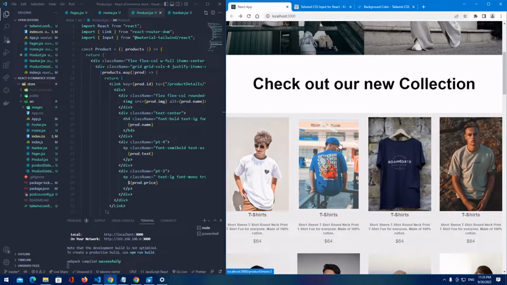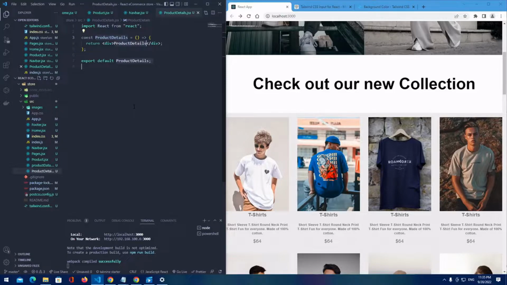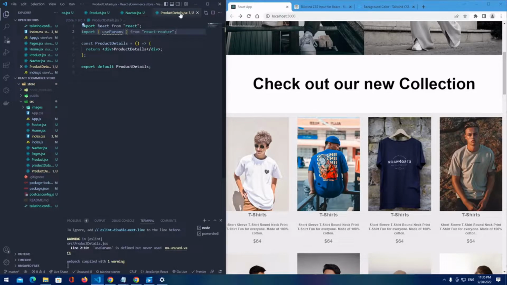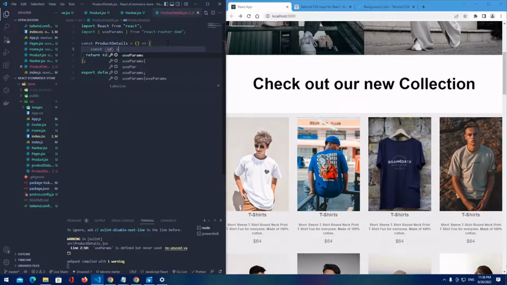So what we're going to do with the product details, let's go to the product details, and simply we're going to be using params here. So let's import that from React Router. useParams from React Router DOM, and simply what can we do? We can destructure the ID from the useParams hook,